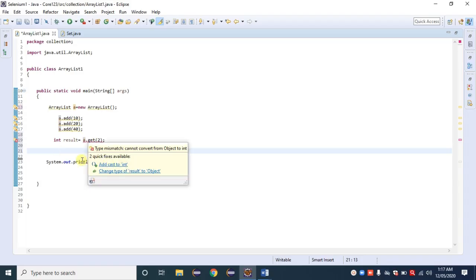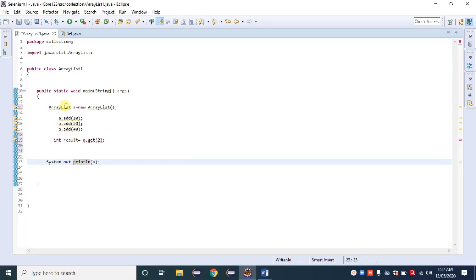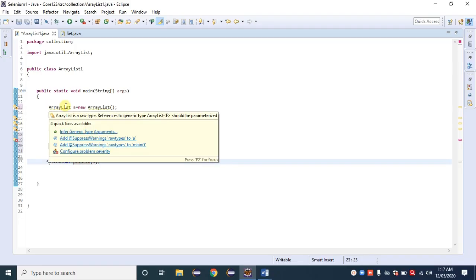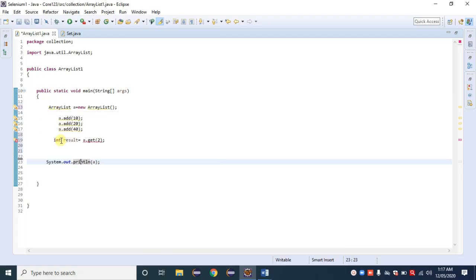Why? Because an ArrayList may contain similar or different data types. Hence, here I am strictly providing integer, and that is against ArrayList, because an ArrayList may contain string or integer, homogeneous or heterogeneous elements. So instead, if here I am giving Object, then that error is not available.